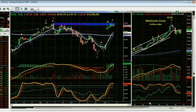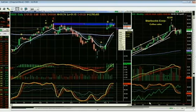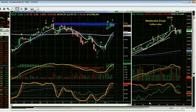If it fails to close above 52 and starts to slide towards 51.32, goes to 50.55-ish, I would say you could put in a small short position. My preference, because the MACD and stochastic are so strong, is to have the patience to see if it can